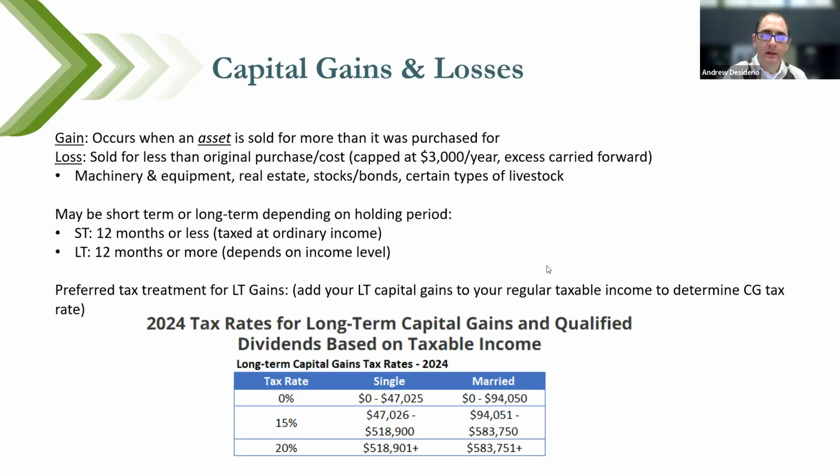So last week we talked about on the balance sheet, you have assets, liabilities, and then equity or owner's equity. So on the balance sheet, you have your assets. So machinery, equipment, real estate. Real estate can be buildings or land, right? Any structures that you have on your property that's not equipment or machinery, that's structures, or any improvements that you have. If you have solar panels and stuff like that, or stocks and bonds that the company may be investing in. Certain types of livestock, if you're a dairy farmer, depending on the type of cows that you have, or if you have,